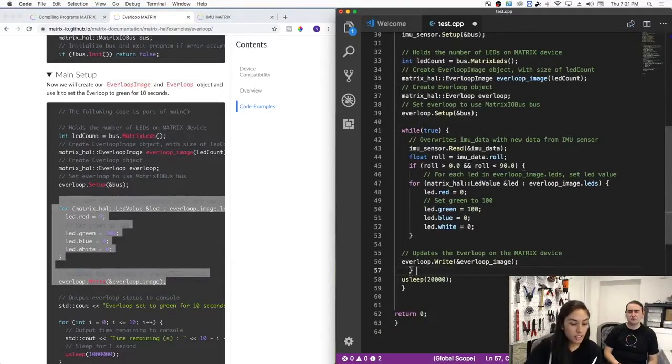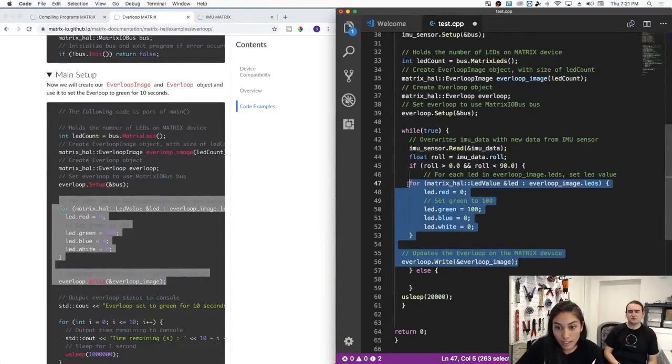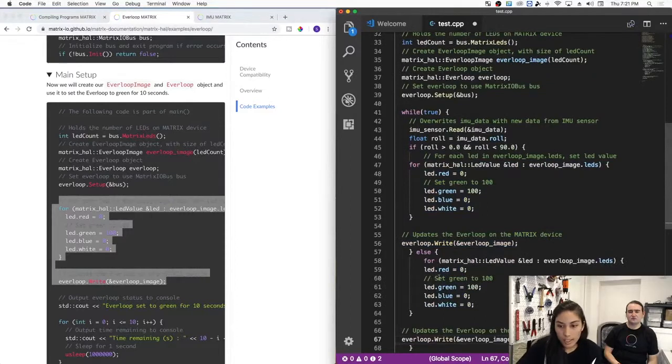For the sake of time, I'll probably just have it do green and red, because it's pretty straightforward. You can already see what is happening. So I'm just going to have an else, and I'm going to copy this again, put it in here, and make it go red. So green would become 0, and then red would become 100 or some other number